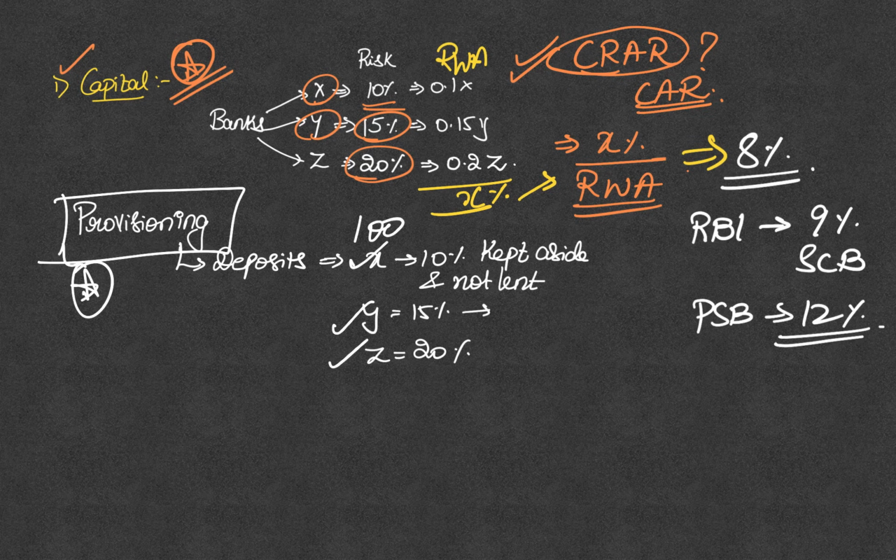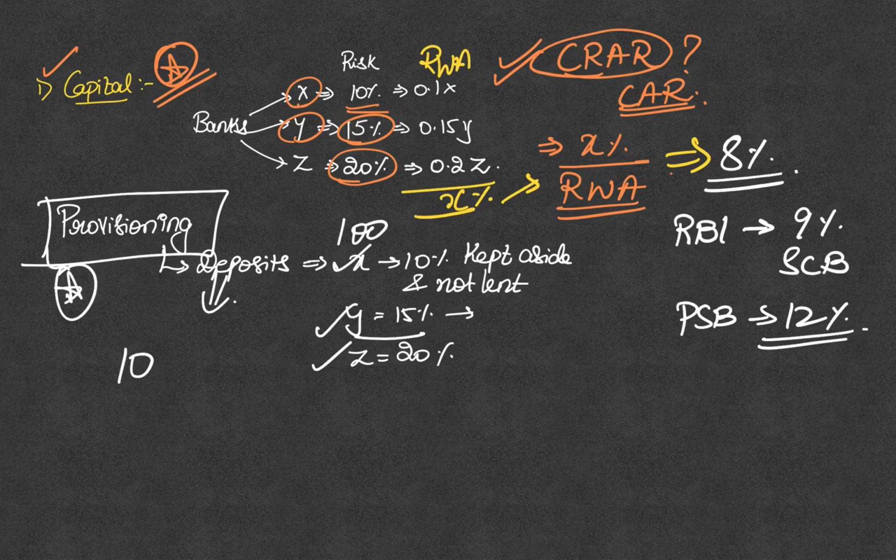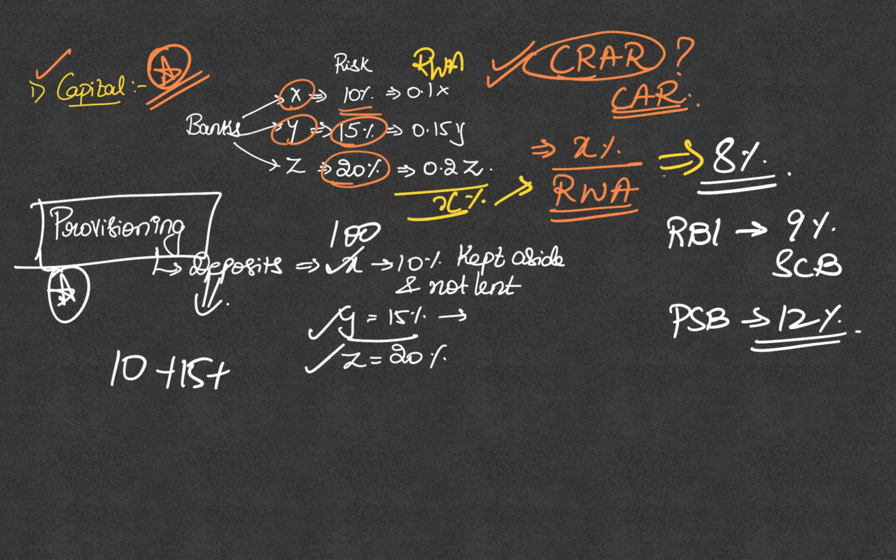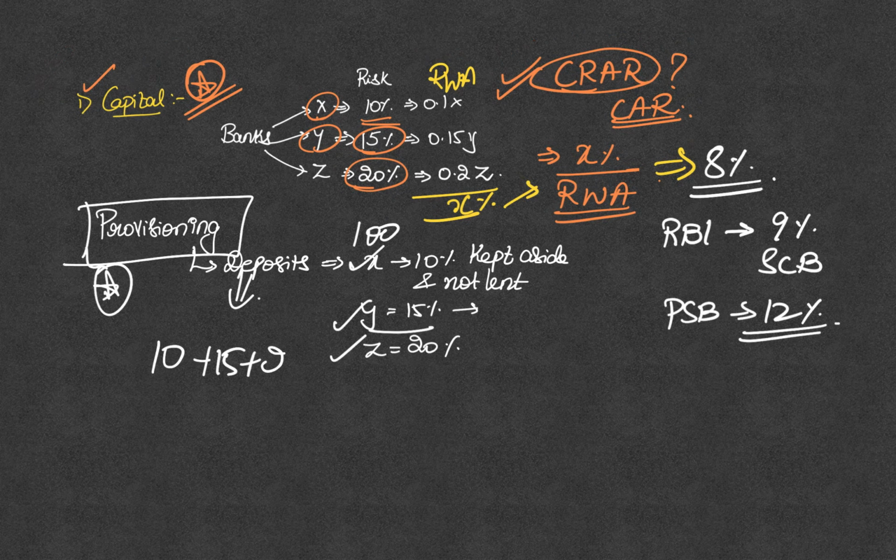So the next time a new loan is to be given, before the loan is given, out of the remaining deposits, this 10 rupees should be kept aside. Similarly, if 15% is the risk associated, then 15% should be kept aside. 20%, that is 20 rupees,